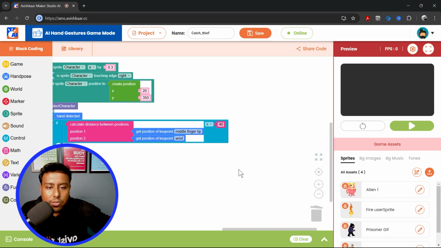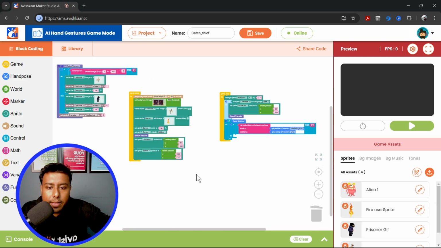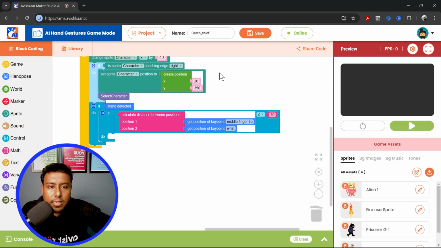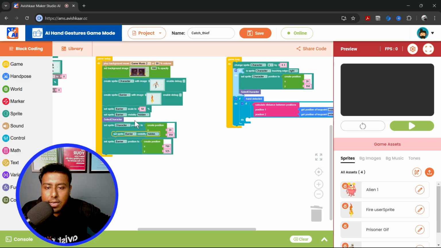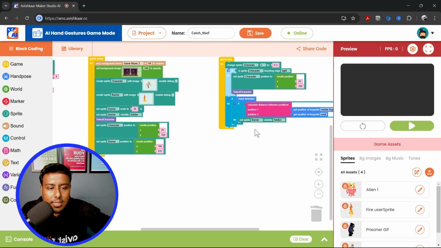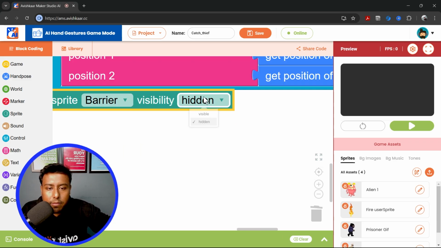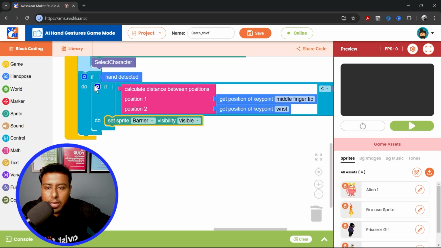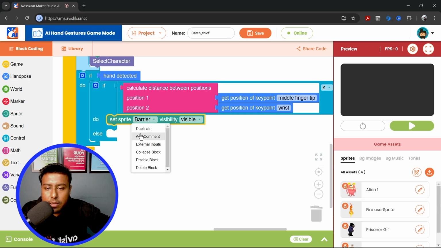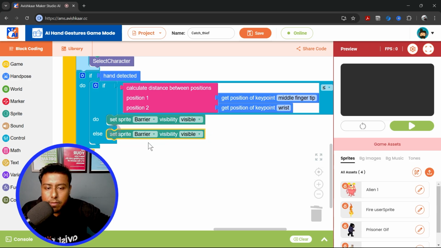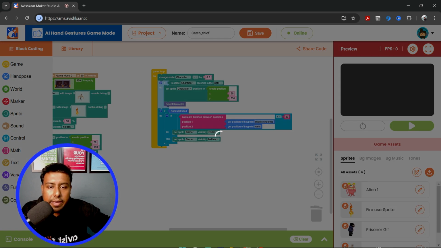Okay, so if this is happening, then what we need to do is make the barrier sprite visible. Okay, else the barrier sprite will be hidden. So save,